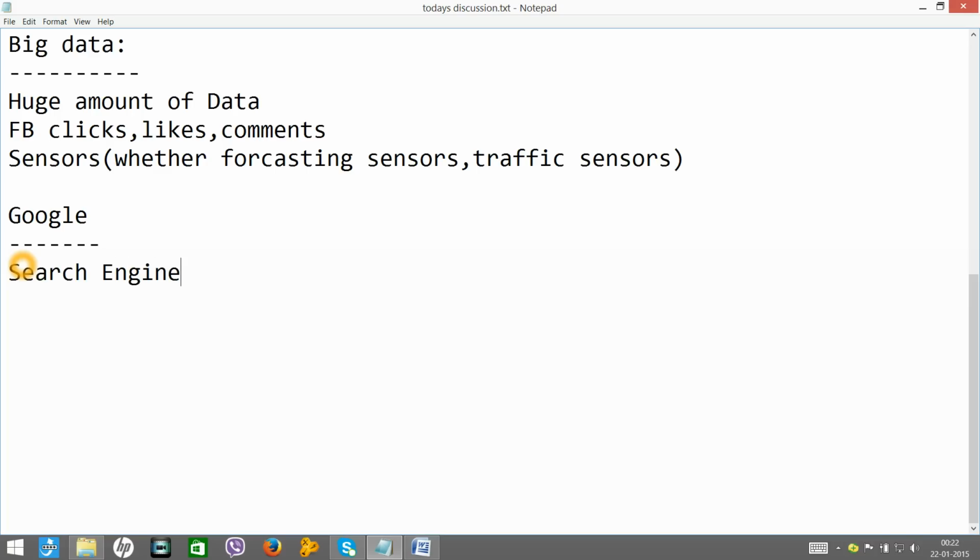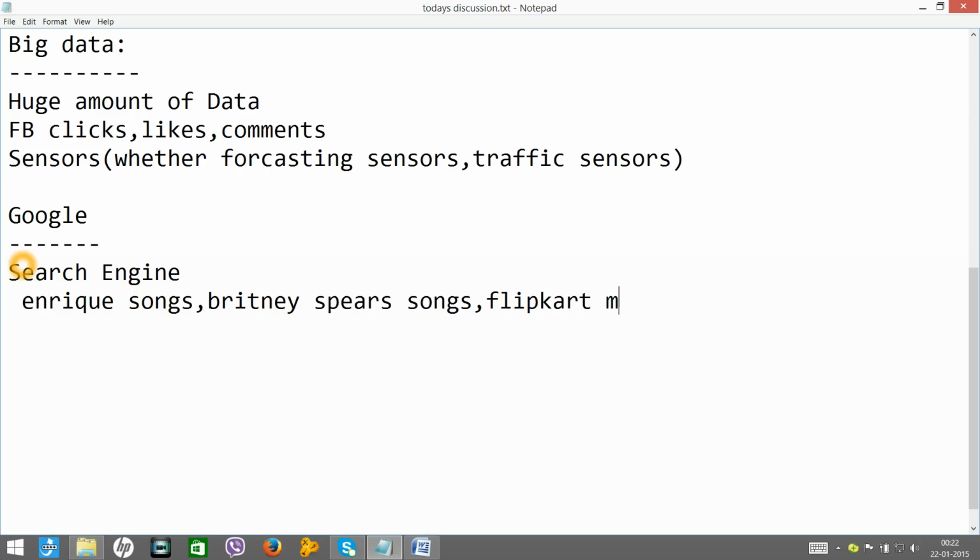I use Google to search something like Enrique songs, Britney Spears songs, or Flipkart Moto G mobile phone. So I use Google to search some data like this.